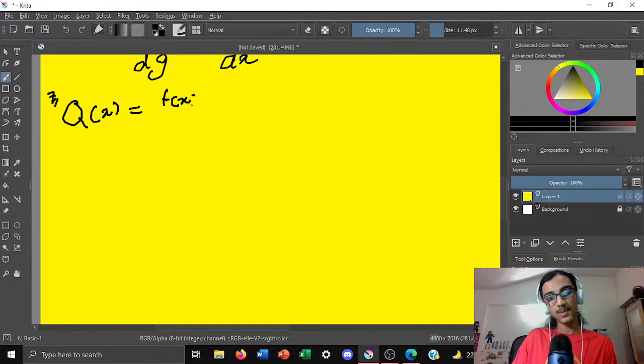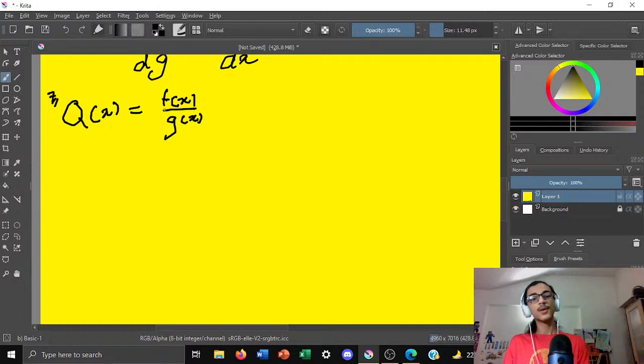f of x divided by g of x. If you've got one function divided by another and you want to take its derivative, the quotient rule tells you what to do. I won't write this down in Leibniz form because it'll explode and won't be legible, so I'll write it in the prime form. So dq/dx